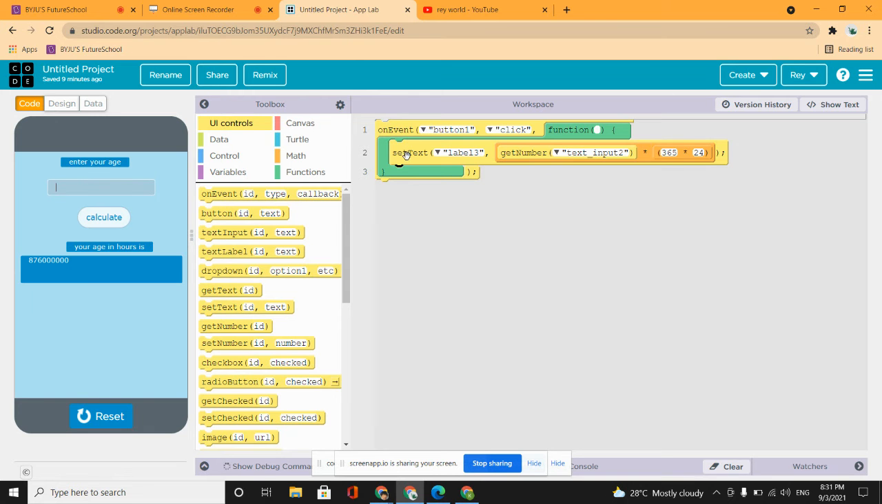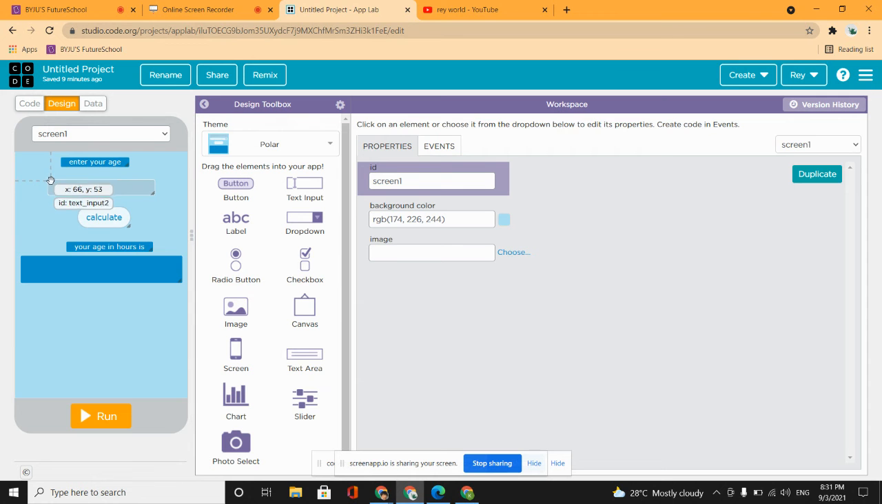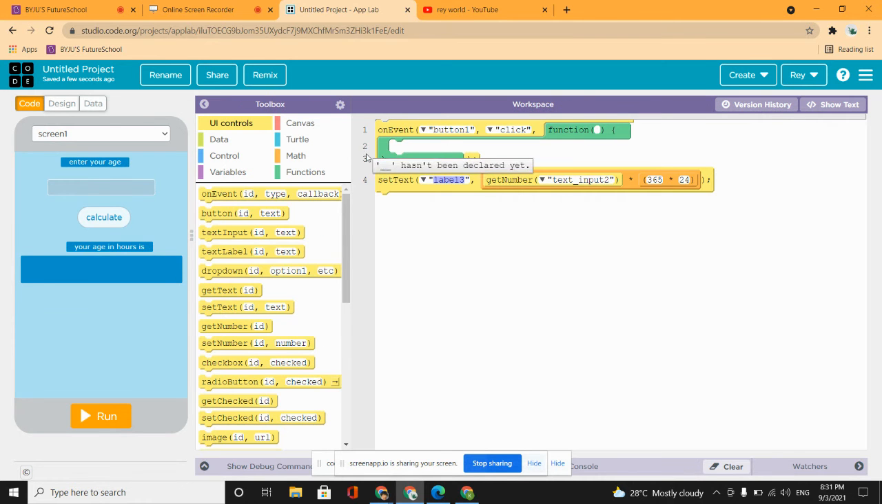So first, you have this on event where you'll get the button one, which is your ID for this one. Yeah, button one. So when you get the button one, you click. That means when you click it,